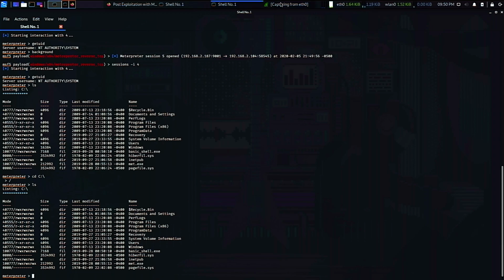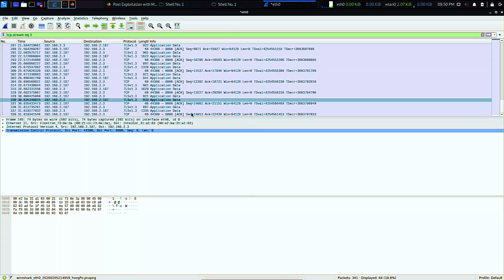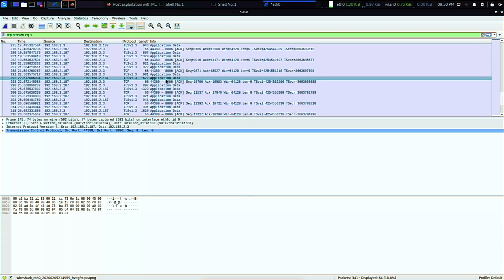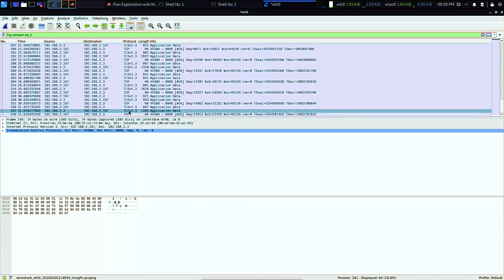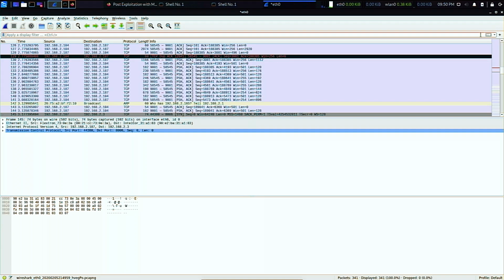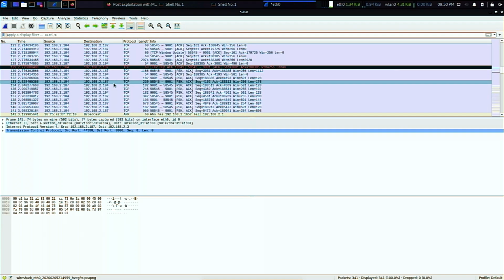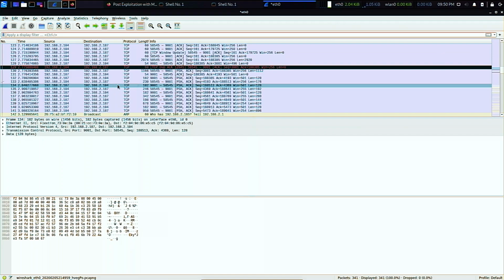All right, now let's go look at the packet capture this time. We'll stop it. And we can see we have a lot of data flow going. This looks like router communication, so we don't really care about that. So let's get rid of this. Here we go. So here's all this communication going between our target and our C2 server, and we'll follow this